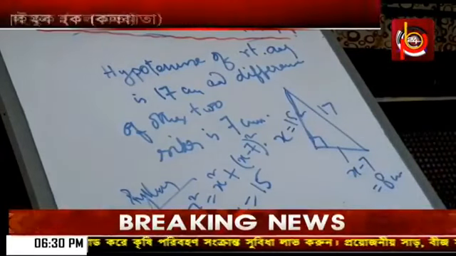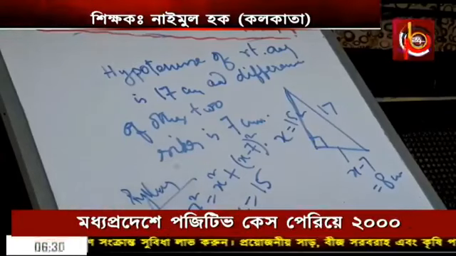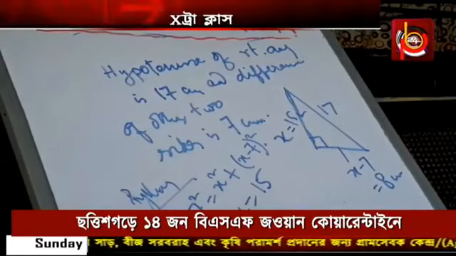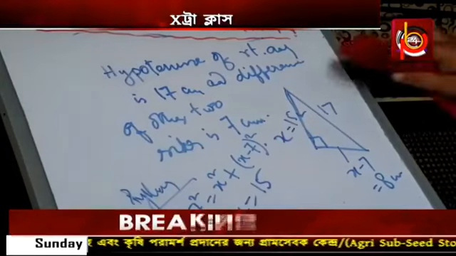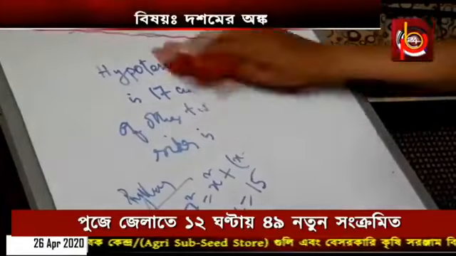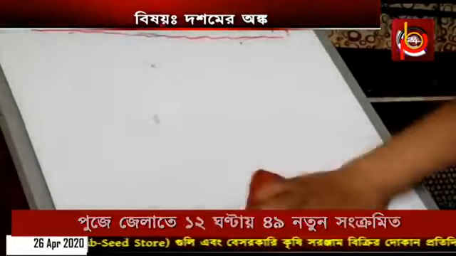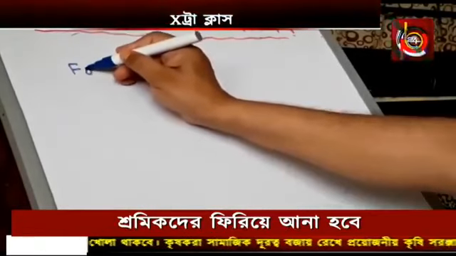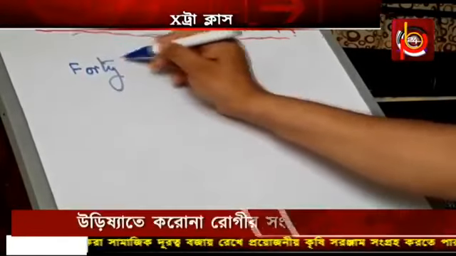So this way there are various kinds of sums used to come in the board exam, and lastly I will give you one rather little difficult, not much difficult, but students tell that this is difficult, but after solving you will tell that this is not difficult. This is an age wala sum. 40 years